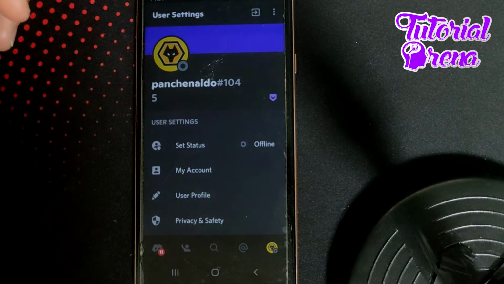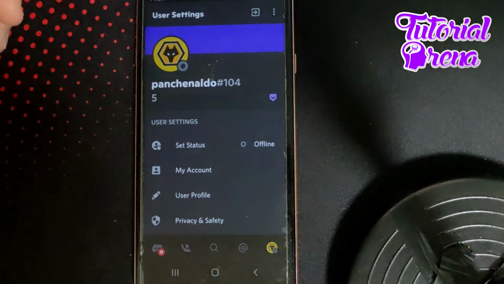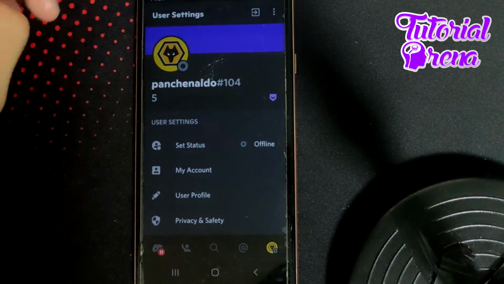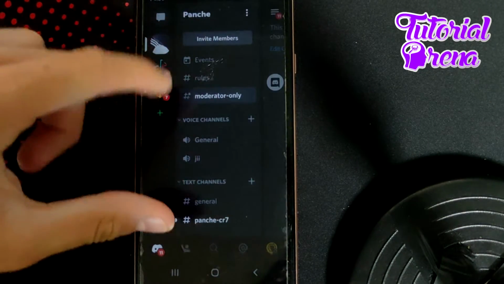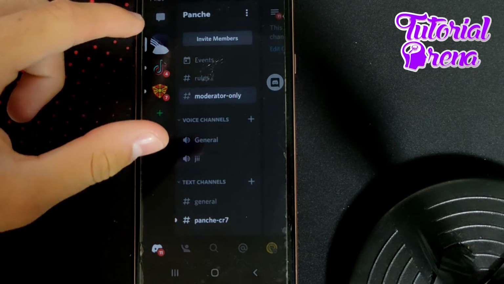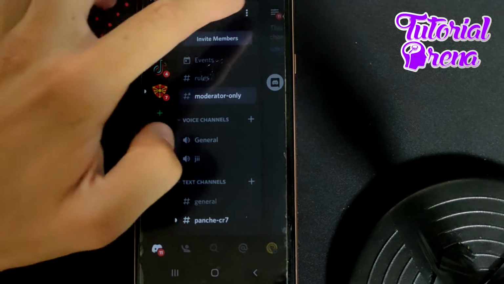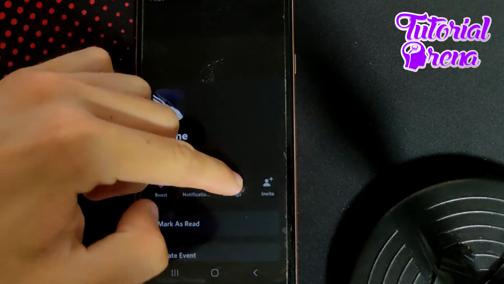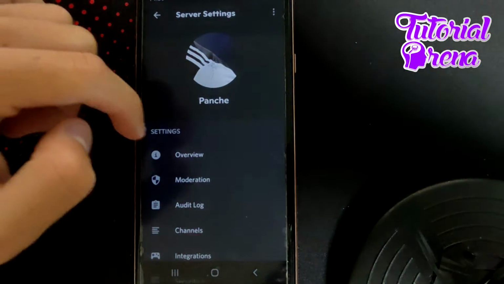In this video I will show you how to move categories in Discord mobile. Firstly, you need to get up right here on your first site selections, on your site section, right here. Then go on the three dots here, go for settings, and when you get up right here you need to